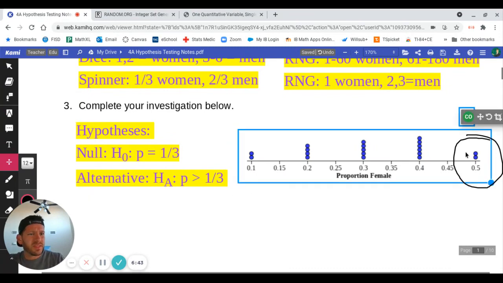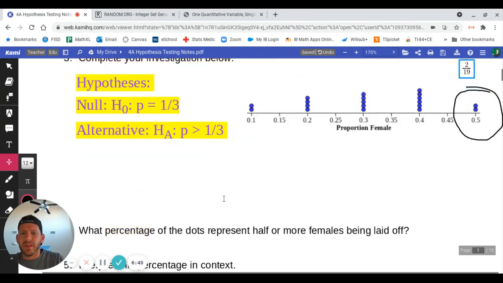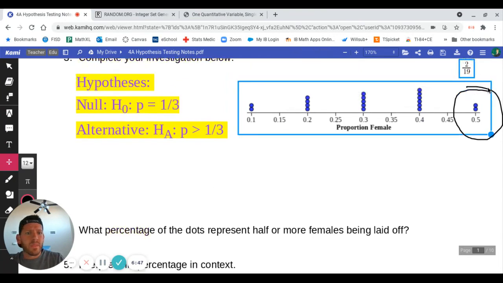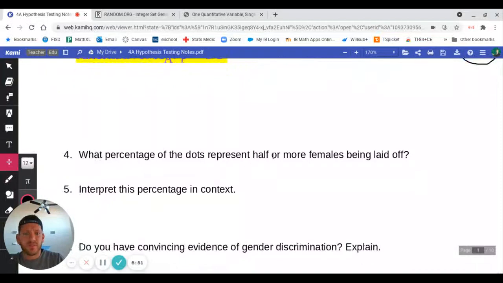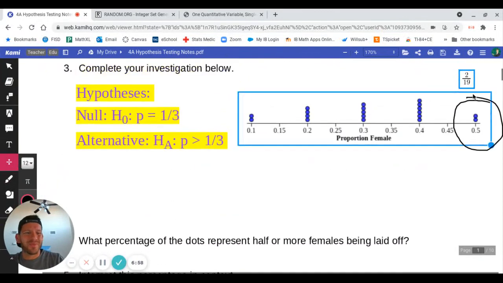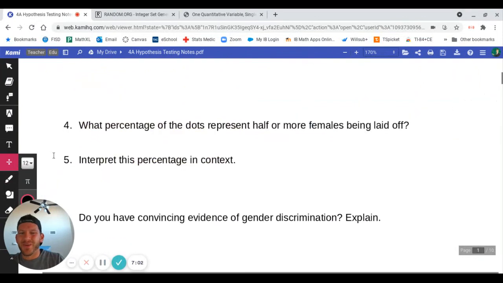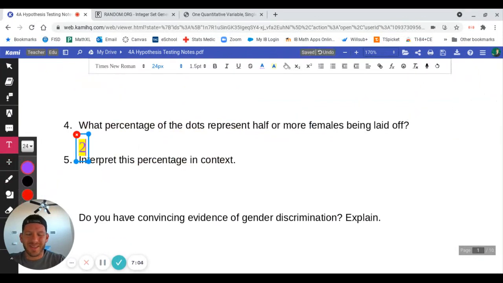So we're saying, all right, that's not very uncommon to have that there. And so we're going to say what percentage of that. So that number 4 there says what percentage of the dots represent half or more of the females being laid off. And that's going to be everything to 50% or more there. And so we have that as 2 out of 19, which when we throw that into our trusty phone calculator, 2 out of 19 gives us just over 10%,